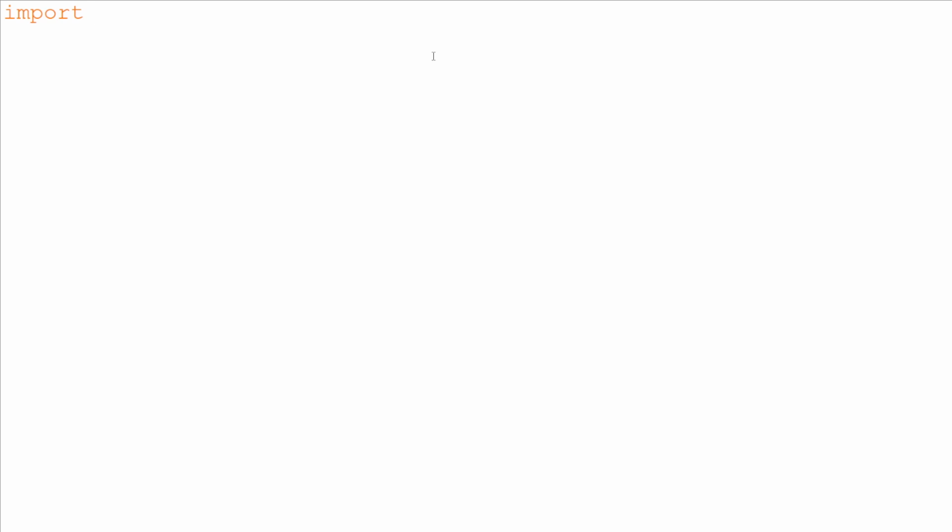Now we need to write the name of what we are importing. Here we are using keyword, not keywords, keyword. Right. Next, we need to print. What we have to print is all the keyword names. So we need to print keyword